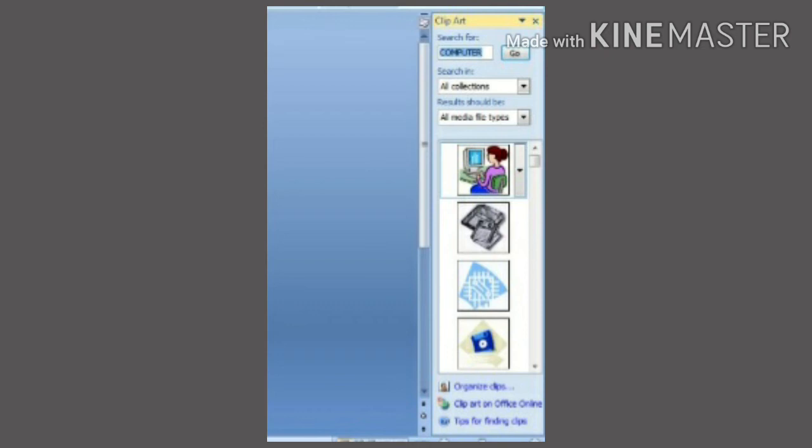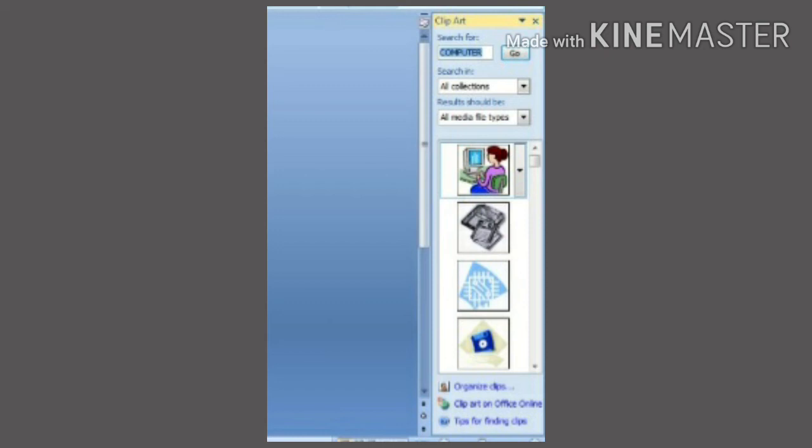Then there you can see the Search for box. In that you can type whatever you wish to search for. I typed computer there and clicked on Go. After typing the keyword that you wish to search for, you have to click on Go.